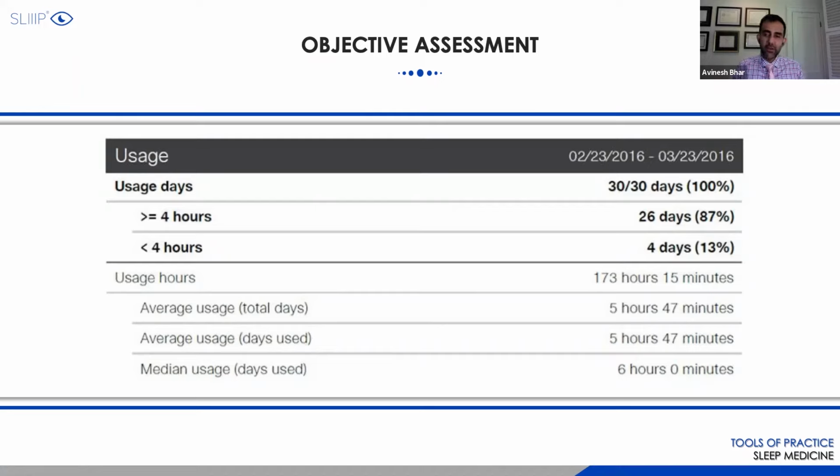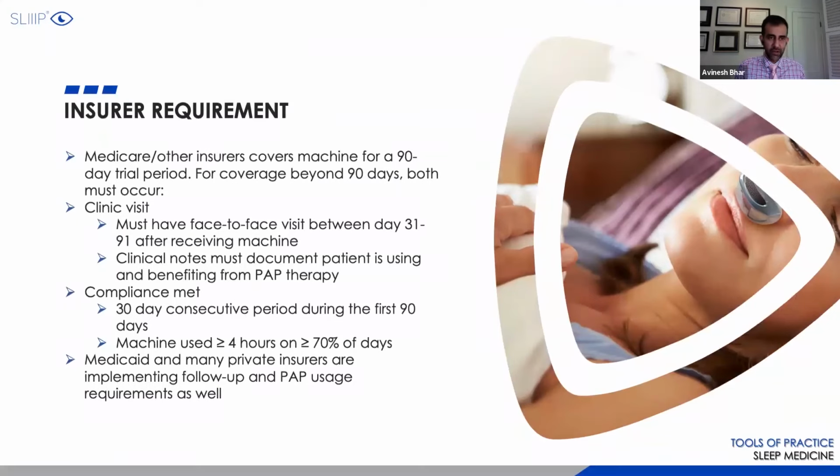And so with that 5 hours and 45 minutes, if the patient comes back to me still complaining of sleepiness or sluggishness or so on, I'm going to get them to push that as much as possible, as close to 7 to 7.5 hours if possible, because that just tells me that they still may be underutilizing their CPAP. Obviously, if patients have scheduling issues because of kids, sickly family members, or they have to wake up really early for work and can't go to sleep until their kids are asleep, that's obviously something to consider as well.